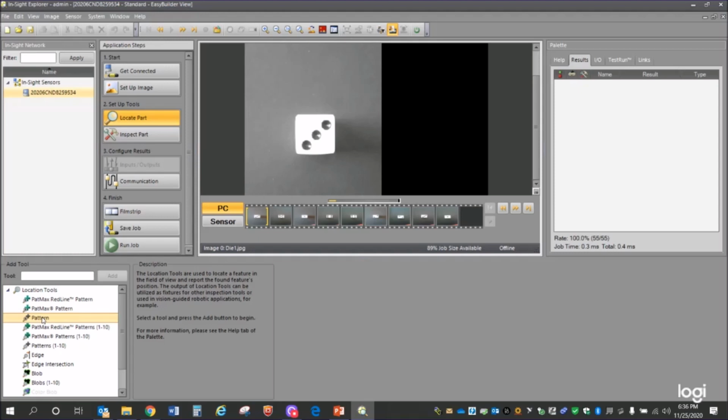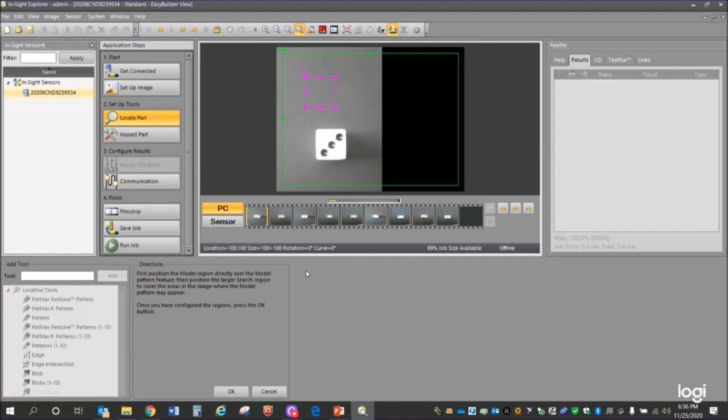So step 2, locate part. And again, this is going to locate a single pattern. So I want to go ahead and add that tool. Again, the green represents where it's going to look. The purple represents the pattern I want to look for. Now, I've tried different things in the past. I just want to try this because I don't know if it'll work. I always do a corner, but